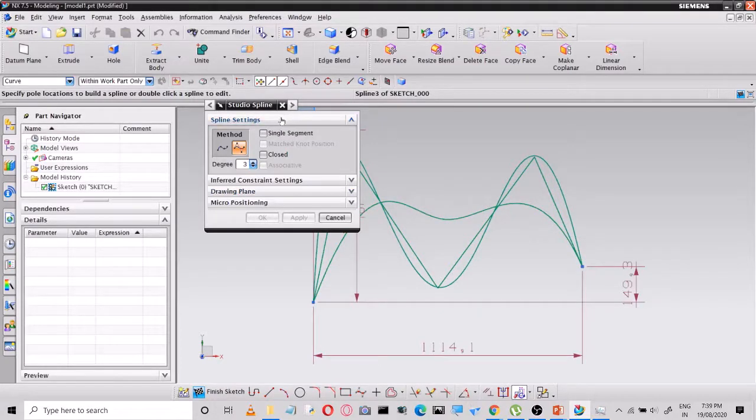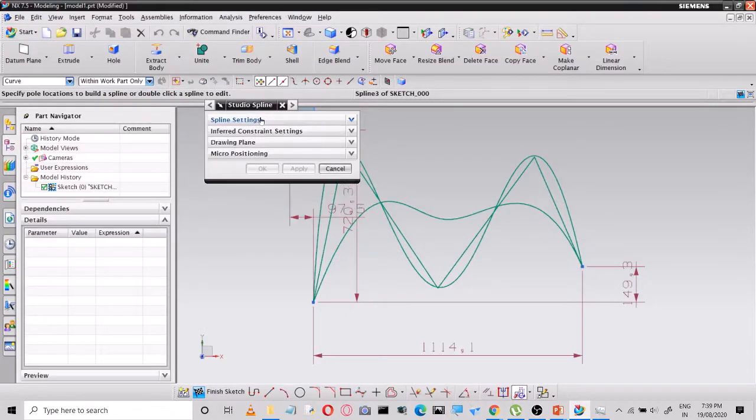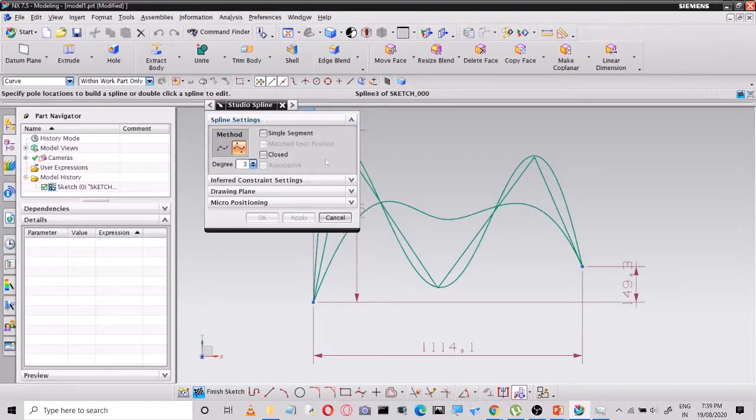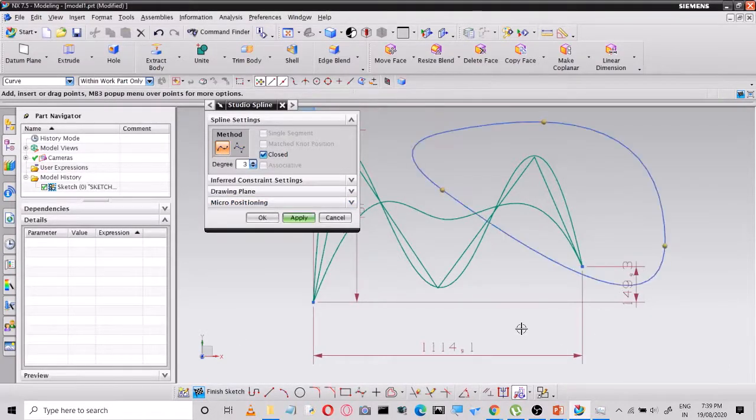Now for this spline, we need to study some detail here, because you have some control points, and the orientation of degree is with respect to the start point of this spline as well as the end point of this spline, as well as its control. Suppose you go for closed, you are going to get a closed loop here. Now through point, first point, second, third. You got a closed loop here.